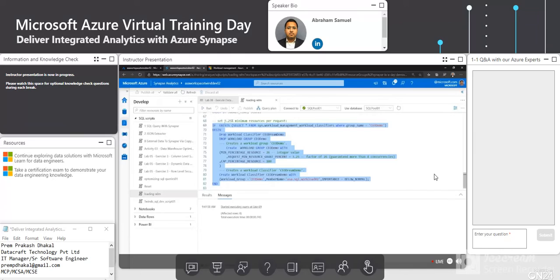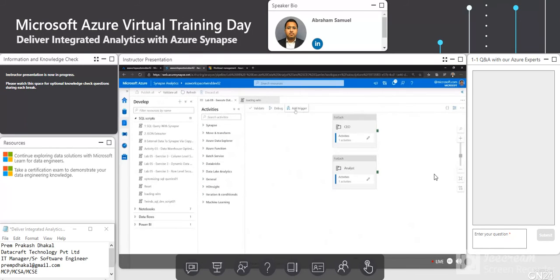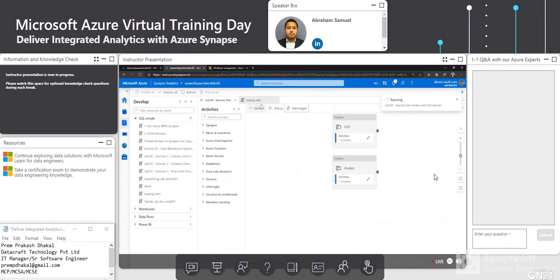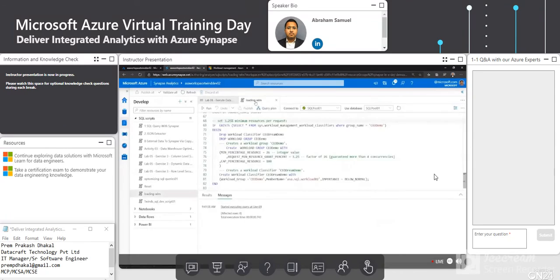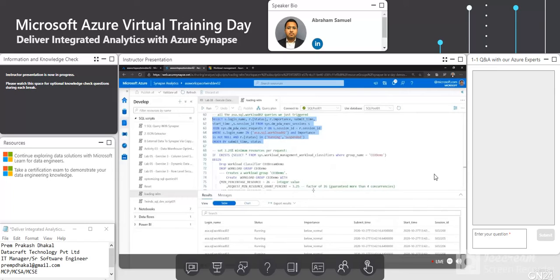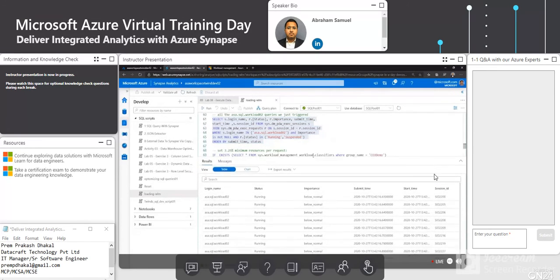So we have adjusted it to take only 3.25 minimum resources per request. And when we run our heavy flood queries again here, now let's go ahead and trigger it. You can see it's going ahead and running tons of queries right now in a loop. And we can see it actually running. So let's go ahead and take a look. There we go. We have a number of queries that are running